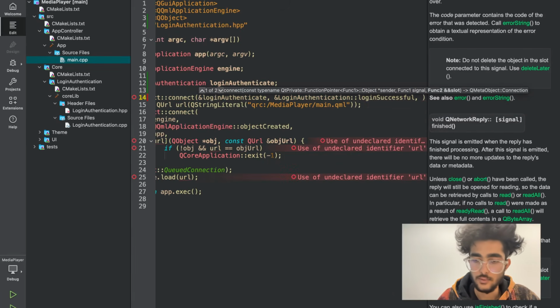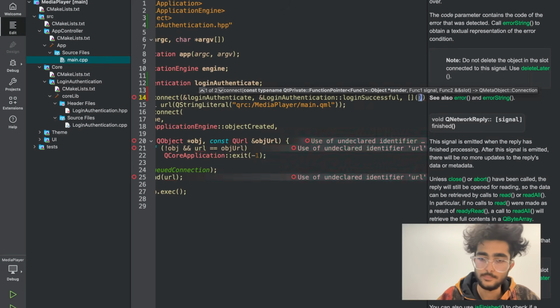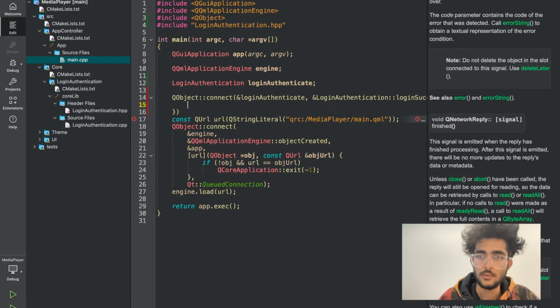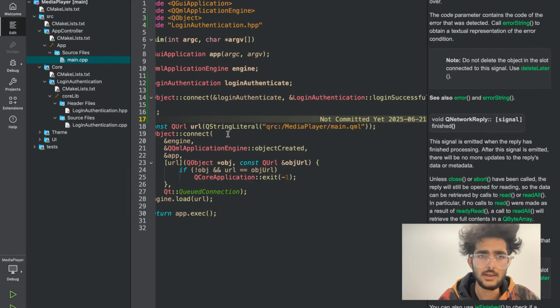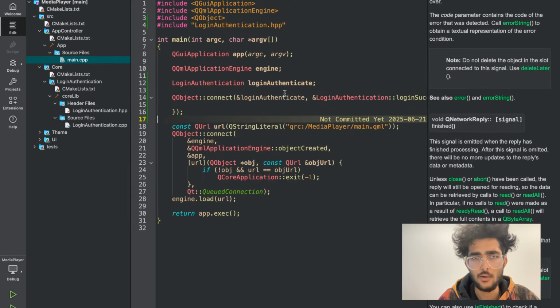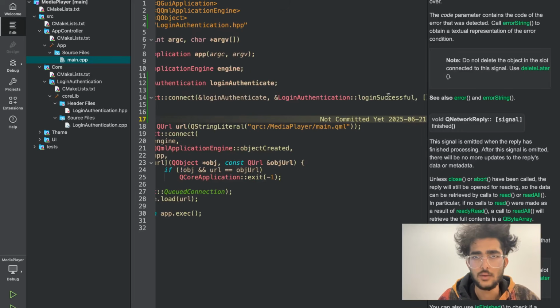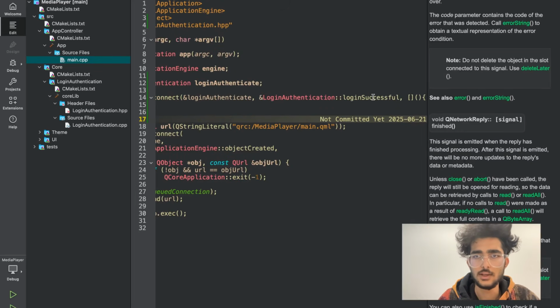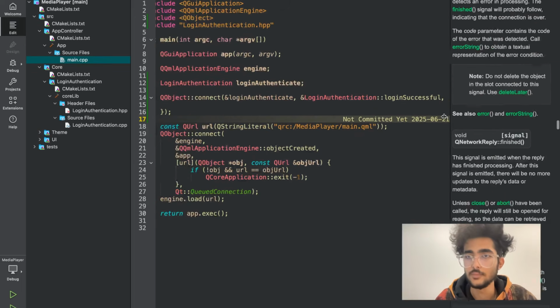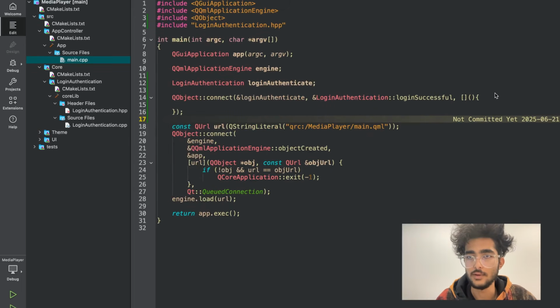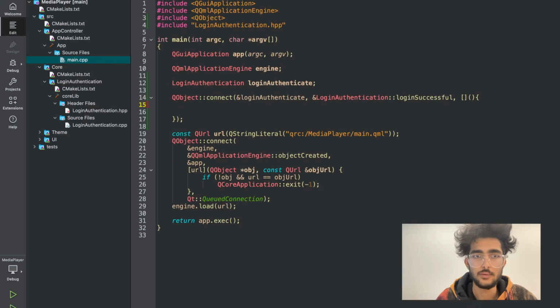Then I want to create a lambda again. See, what I'm saying here is connect this object with this signal, and whenever this login successful is emitted, then run this function, right? So inside the function, I'm gonna say QInfo